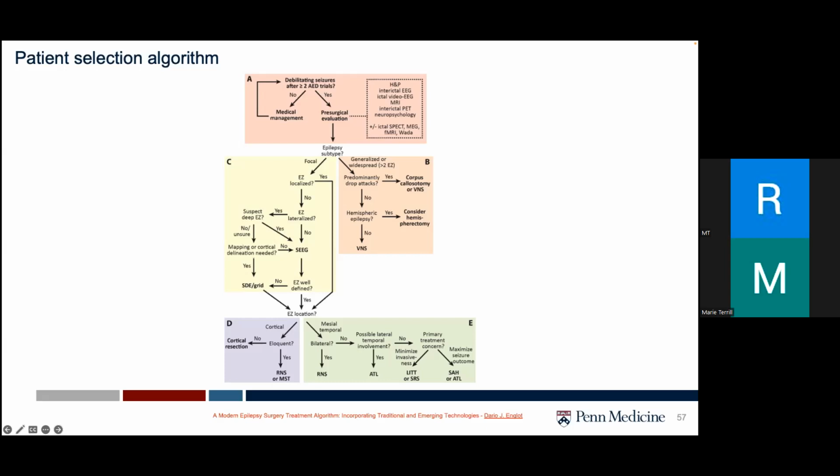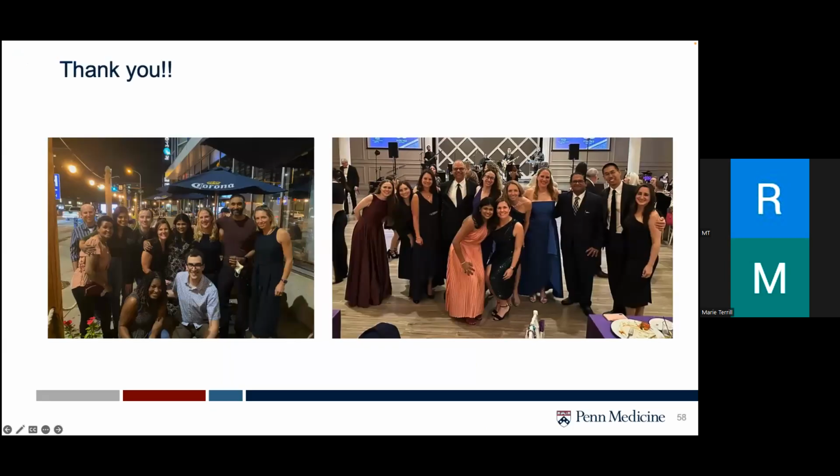And it's also crucial to understand the effectiveness, safety, and long-term outcomes of each of these procedures to make an informed decision. Several treatment algorithms have been proposed and developed, but all of these would need customization and personalization specific to each center and clearly specific to every patient. Characteristics including the seizure type, seizure frequency, imaging findings, and other comorbidities should all be taken into account when you're determining the best treatment options for these patients. So with that, that is my last slide. With that, I'll end. Thank you for your patience and your attention.